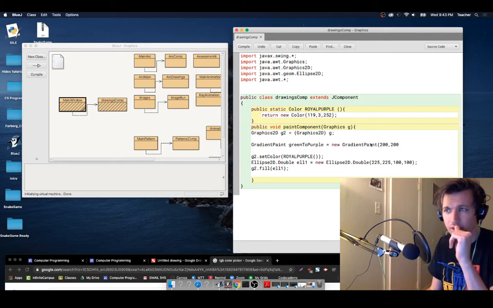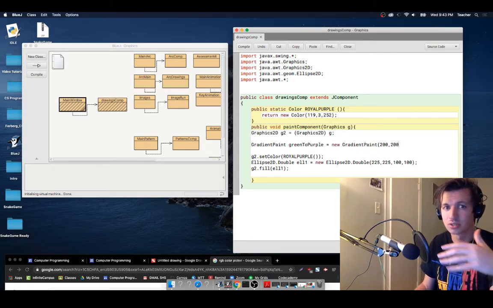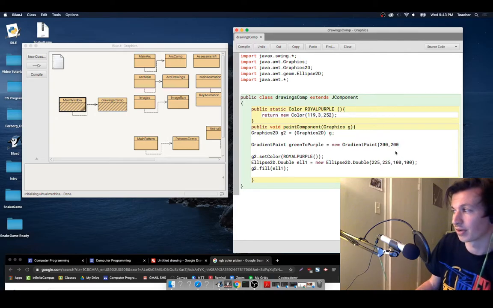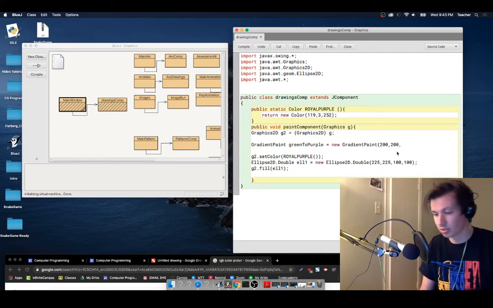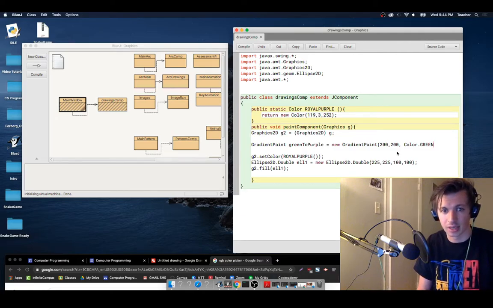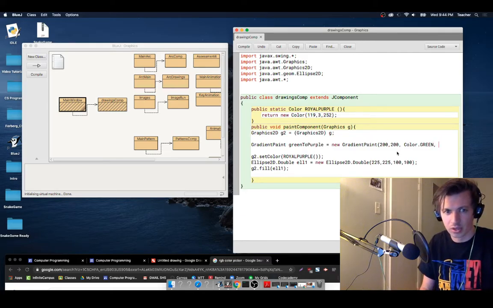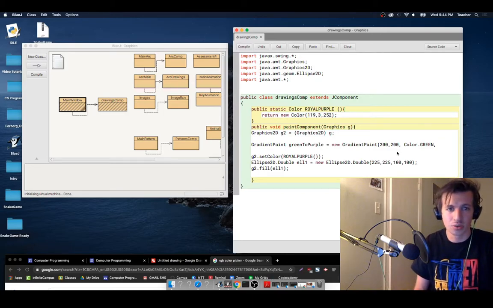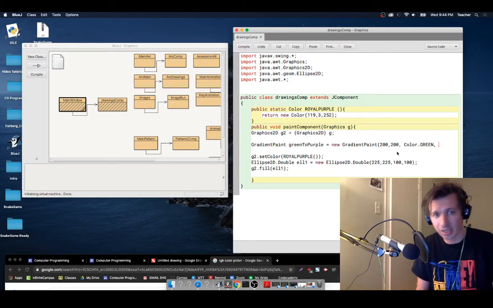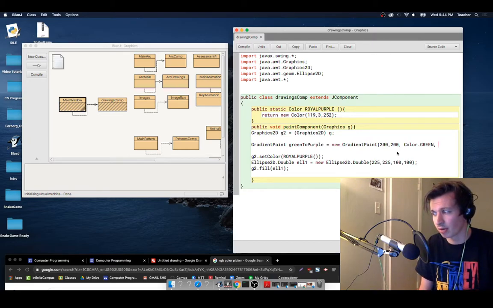And then our next argument is the color at this specific point. So we are trying to figure out what color we want to place in here. That's green, so I am going to throw in Color.green, and I can comma that out. And now the next coordinates are X and Y of a second point, so the end point of where we want to have our gradient. I want it to expand past where we have this over here, more than 100. So we'll do 315,